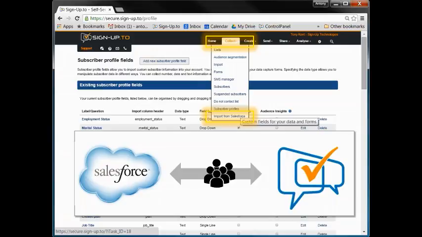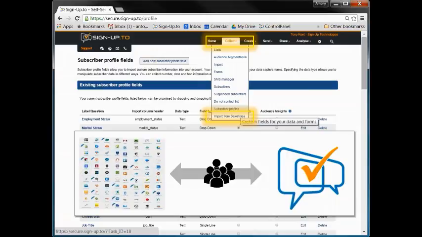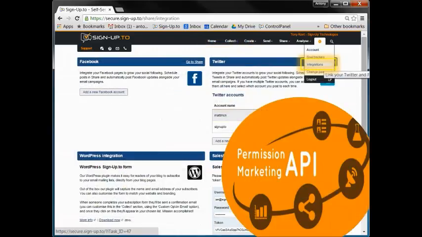And it's not just CRM systems. In fact, you can integrate Sign-Up To with hundreds of data applications. These include common CRM systems, ticketing, reservations, and vouchering, and e-commerce applications like online abandoned basket recovery. Many common data applications are already integrated into the Sign-Up To platform directly. For others, there is a permission marketing API, that's an application programming interface. This interface potentially allows any application to be linked to the Sign-Up To platform so that the data is shared